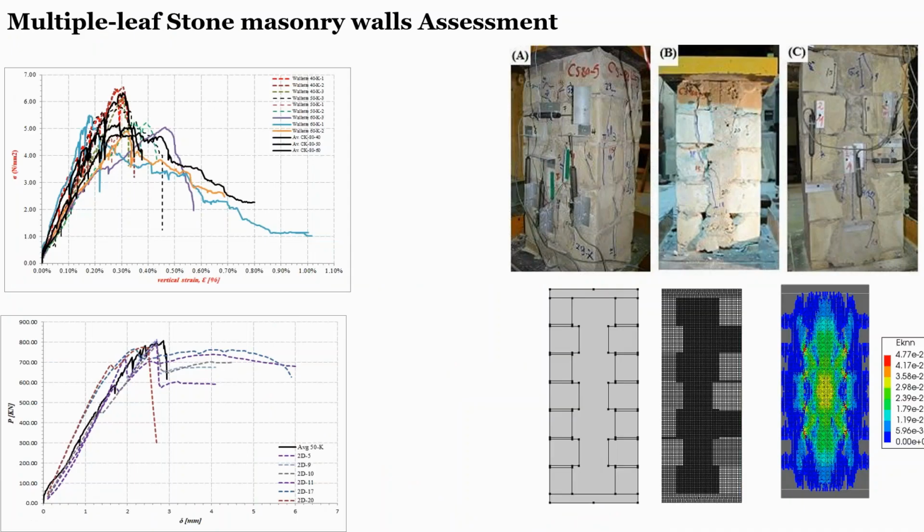In continuing masonry work, I'm working with my colleague Mohamed on the assessment of leaf stone masonry walls, and you can see our experimental work where we are comparing different nonlinear material models for verifying the work. As you can see, we are comparing the results on the left with different LVDTs, vertical and horizontal. This study will cover the dynamic behavior of this type of wall, and we are working on the assessment of